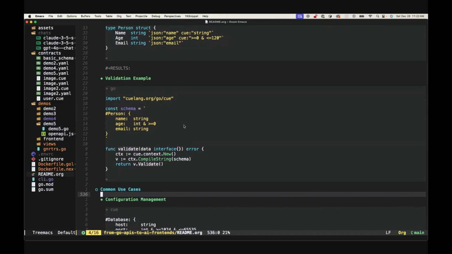When the client makes an HTTP request to the server, the payload needs to be validated against the contract. And at the same time, when the server responds to the client, the response has to be validated also against the contract. This is to make sure that on either side, the contract has been respected and the data